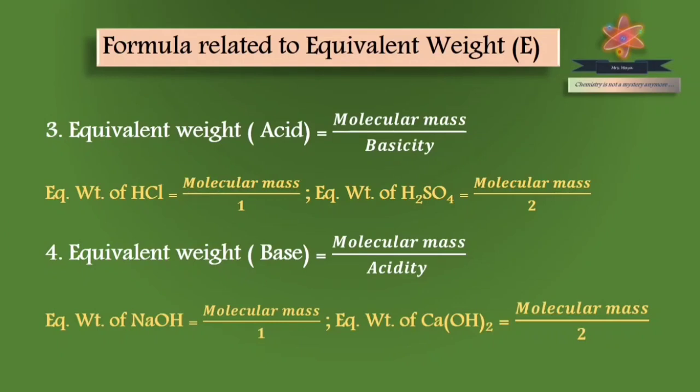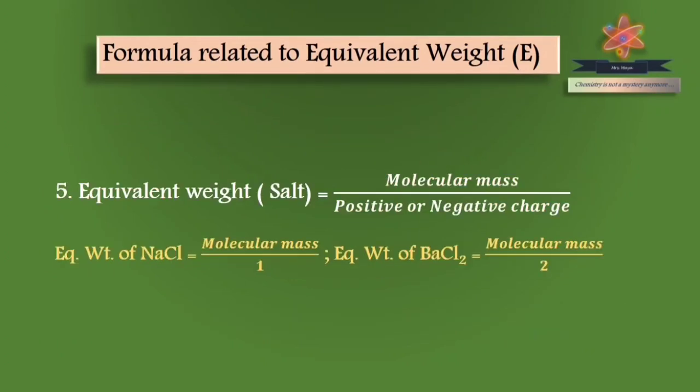Another example, equivalent weight of calcium hydroxide. Calcium hydroxide formula Ca(OH)2 is equal to molecular mass divided by 2. Here calcium hydroxide consists of 2